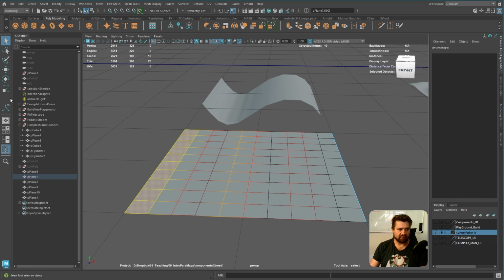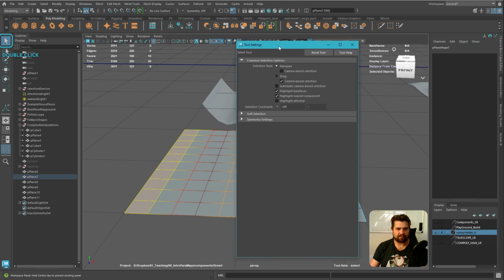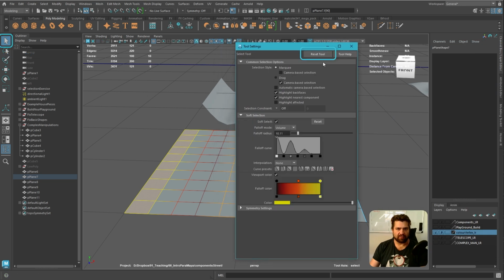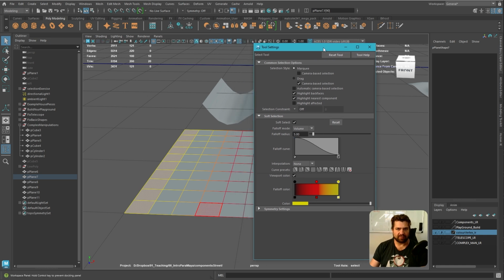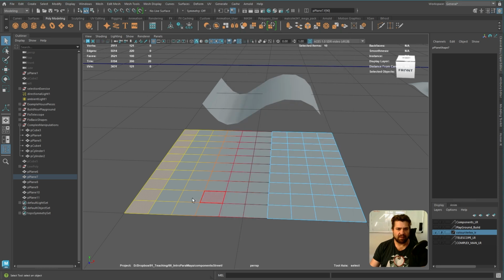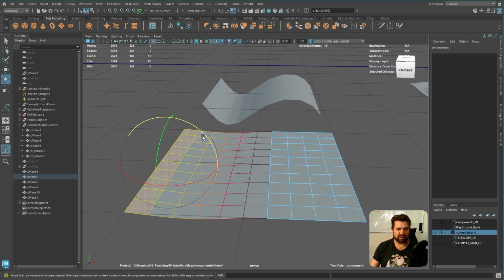So what we have to do is press on the hammer with the three dots here on the top right corner, or you can also double click here and the tool options will come up. And if you press the reset tool, it should reset everything. Reset, and it will have the default values then. So I'm going to close this now. And this is where you can rotate this a little bit. I'm just going to make that a little bit bigger